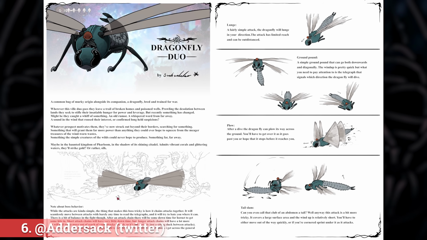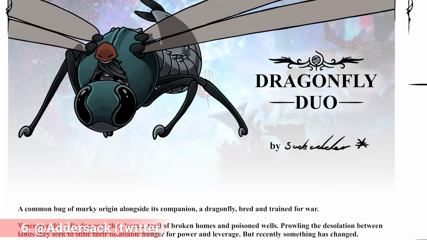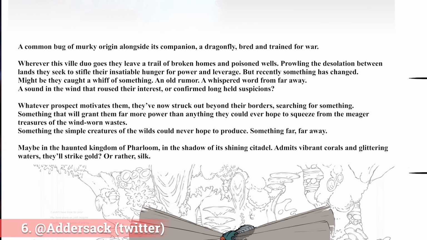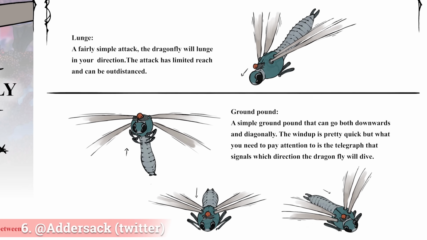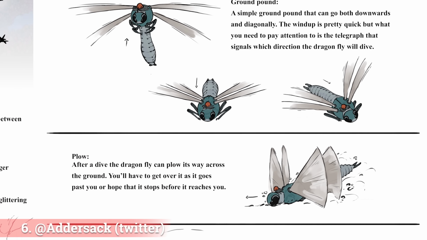And finally, so close, yet so far, to the top 5, we have the Dragonfly Duo by Addersack. We haven't seen many flying bosses yet, but this boss uses that ability to its fullest. The way its moveset is described makes me think of a faster, more complex, more aggressive Gru's mother. The Dragonfly uses a variety of lunging and dive bombing attacks, as well as slamming its massive abdomen into the